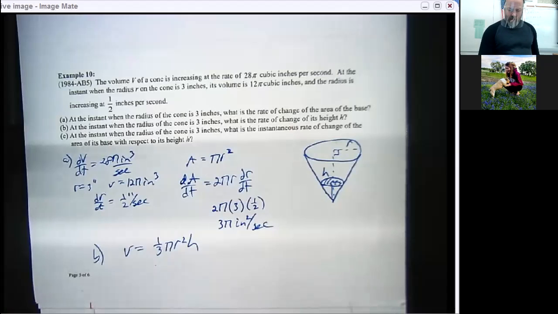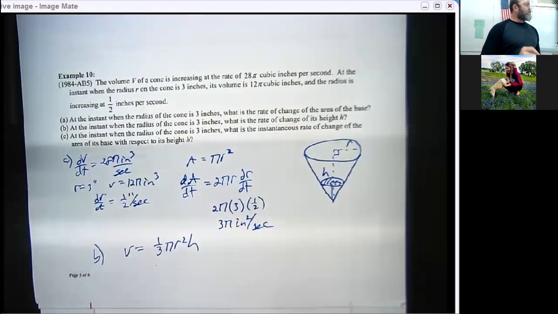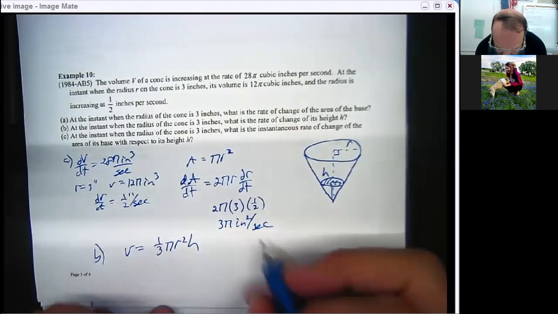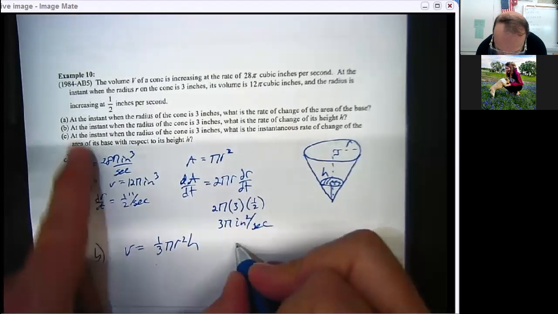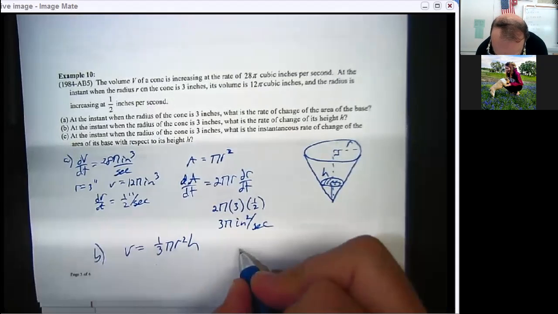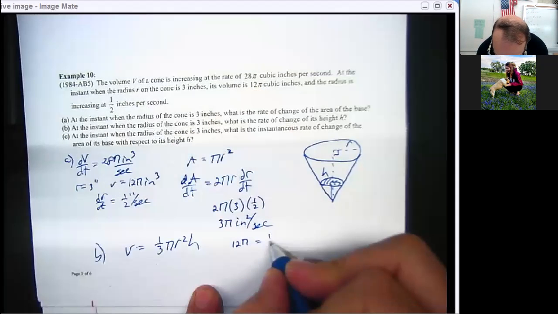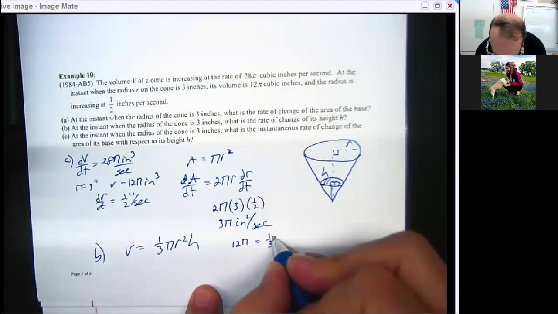It said when the radius was 3, it said the volume was 12. Can I use the radius and the volume to figure out what the height was at that moment in time? So I got that snapshot. That's what I needed to do. So according to this, as that snapshot, the moment when the volume was 12 pi cubic inches and the radius was 3,